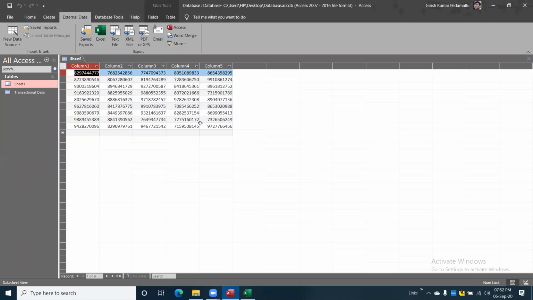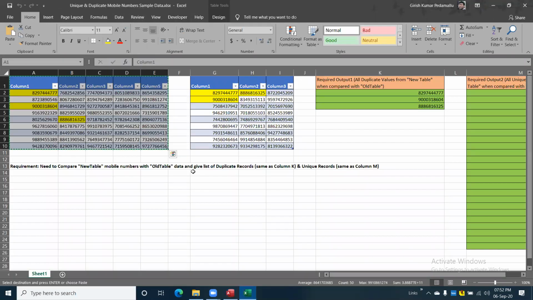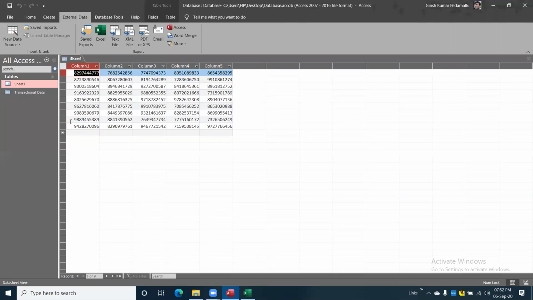Could you just repeat this one? Yeah, for table 2 we are going to do the same thing. It will be a repetition. Yeah, I'm copying the new second table, selecting the complete table, Control C. Going back to Access, right click on the navigation pane, click on paste.